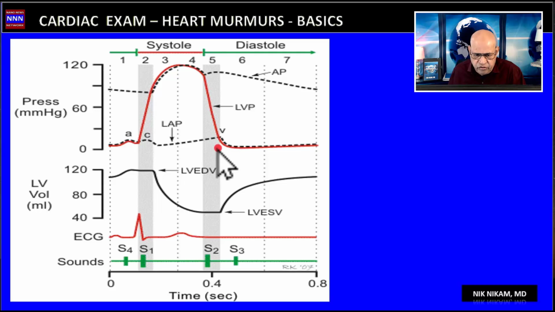Whereas in patients with mitral stenosis, we're going to hear the mitral click and a diastolic rumble in the diastolic phase of the cardiac cycle. So these timings will help us to understand why we hear certain murmurs and their quality. For example, the aortic murmurs are harsh. They are crescendo, decrescendo, like